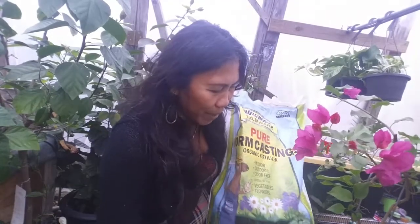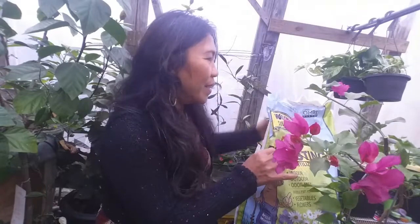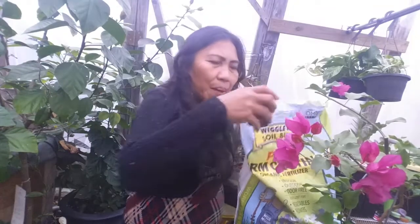So I have a bag of worm castings here. I apply a lot of worm castings to most of my plants, especially plants that require a lot of nitrogen. So this is a good natural fertilizer. Now, you can apply worm castings